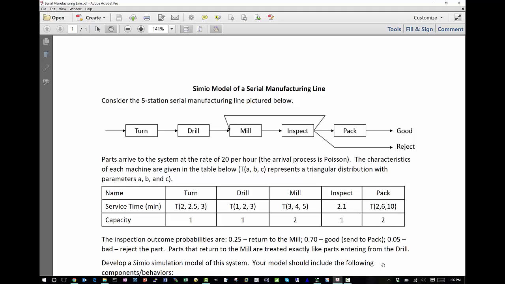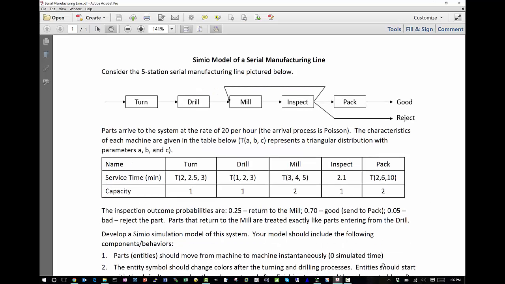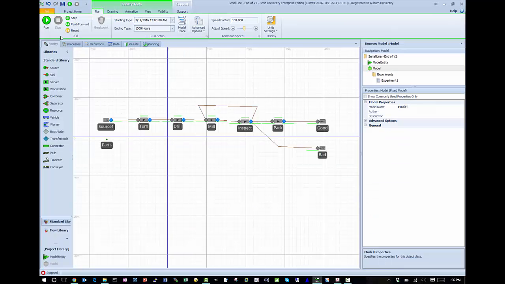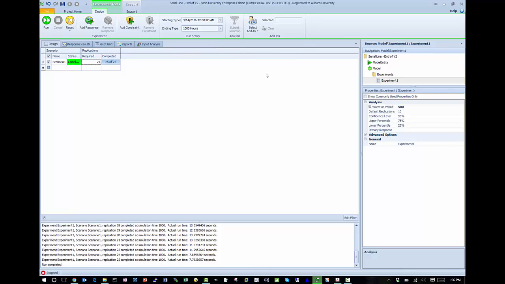This is the second video of this module where we're building the Simio model of a serial manufacturing line. In the first video, we built the base model, and so here was our base model where we have parts that arrive, are turned, drilled, milled, inspected. There's a three-way decision from inspection. The good parts go to pack and then depart, and we created the model, we created the experiment, we verified